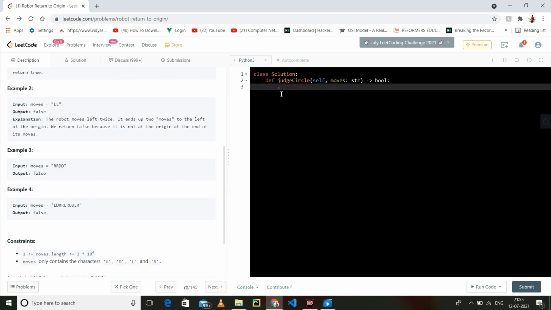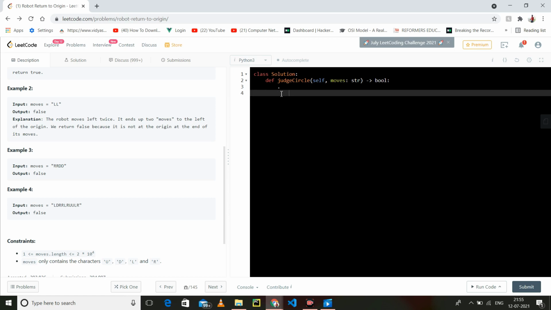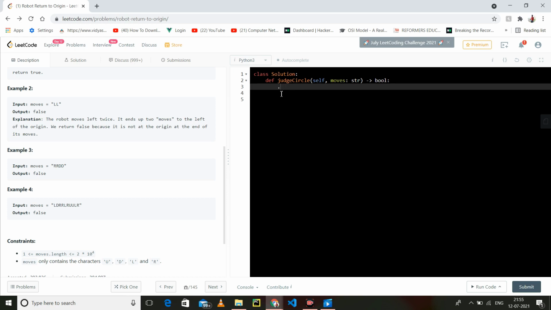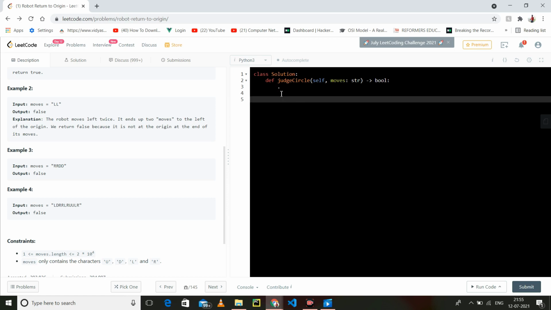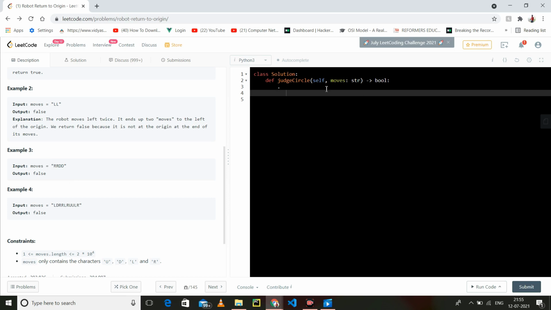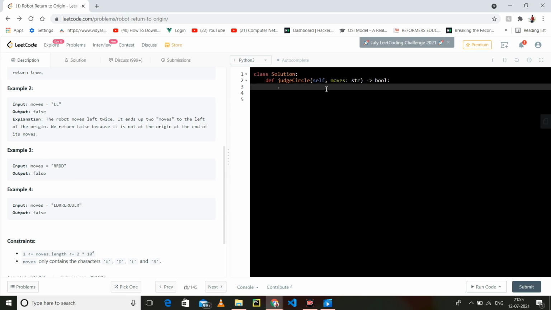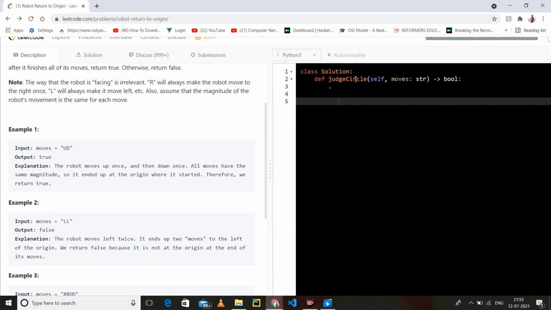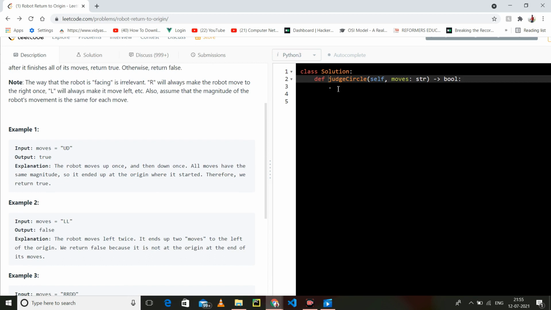In this case, it will go right, right, then it will go down, means here. So this is up, this is up, this is left, this is left. In this case, it will go right, then down. So has it returned to its original position? No. But in this case, it will go up, then down. This is the case, up and down, so it has returned to its original position.